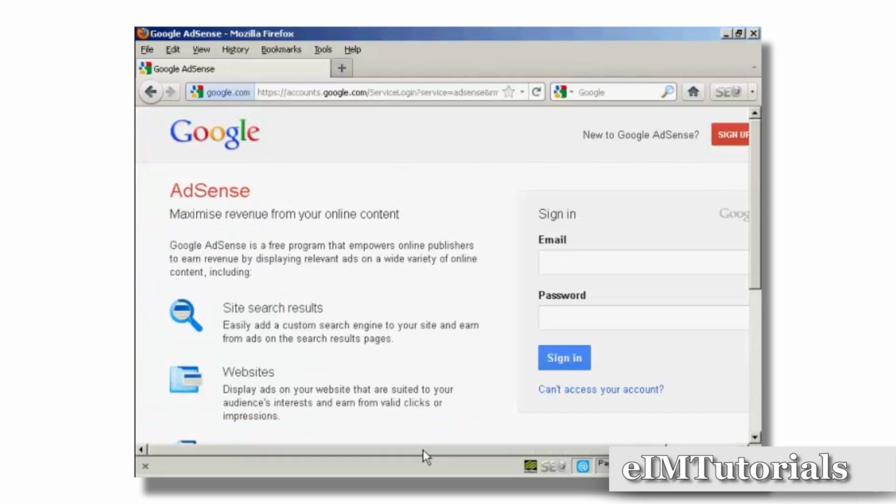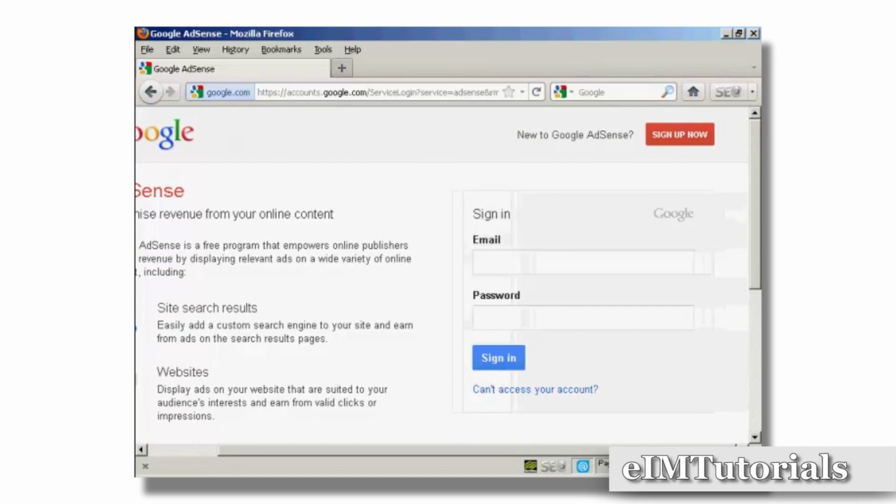You have to sign up for Google AdSense, and you come to this page here. It's quite a long URL, so if you simply type google.com/AdSense into your web browser, or do a search in Google for Google AdSense, you'll be redirected to this page. Now if you haven't got an AdSense account already, you can sign up on this page. Just click here on the button that says Sign Up Now,